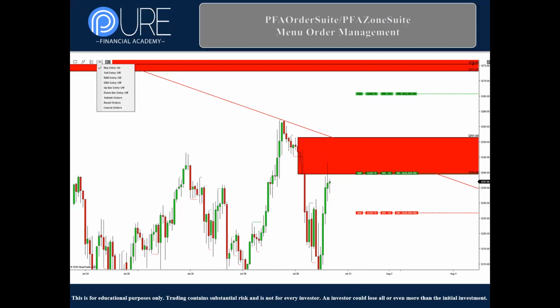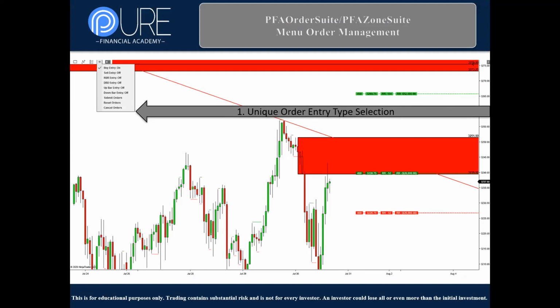All right. So what you're seeing here is the order suite as well as the zone suite. Remember, it encompasses the order suite. So really you're looking at the zone suite here. Okay. And right here, you can see that we have the unique entry types. There's several of them. I would just say focus on the buy and the sell, right? The RBR and DBD, up and down bar, sure, we can go into that later. But for now, let's just focus on the ability to buy and sell directly from the chart, okay? Again, there are the nice user interface menus. We can simply click it with the drop down, click the button, and move very quickly, all right?